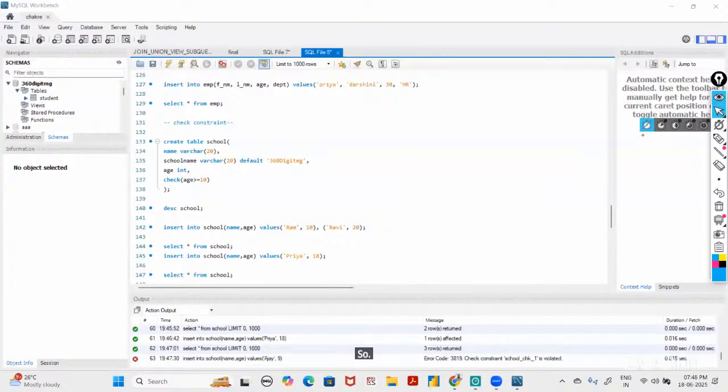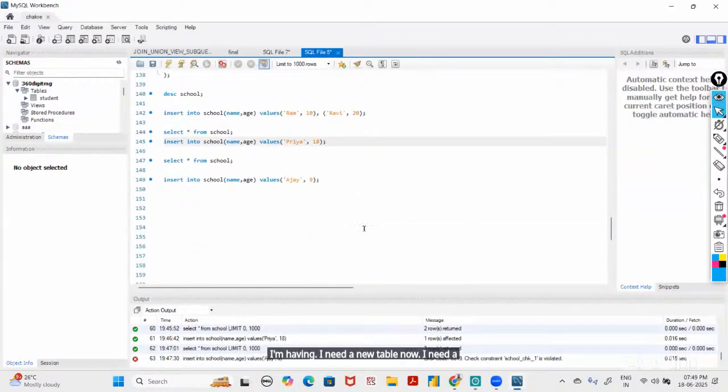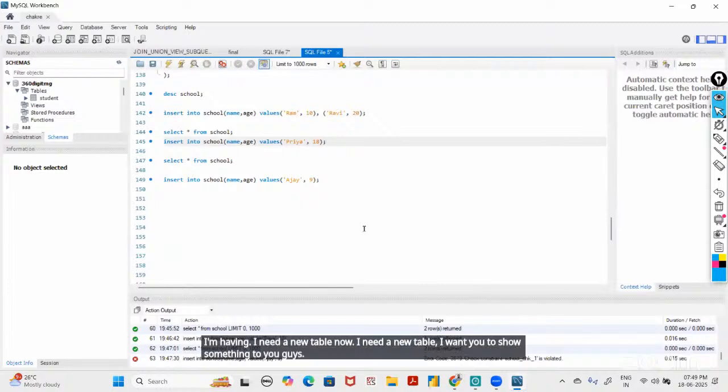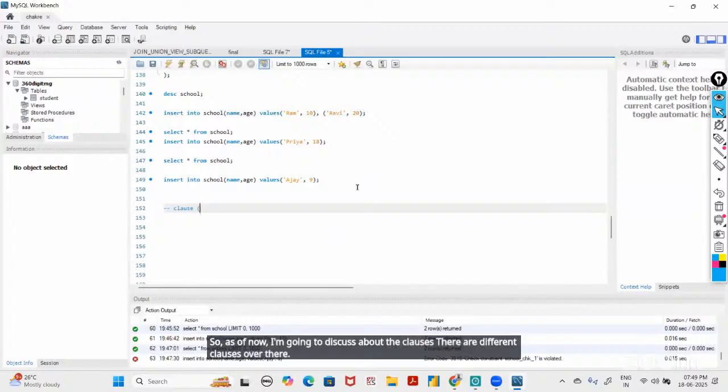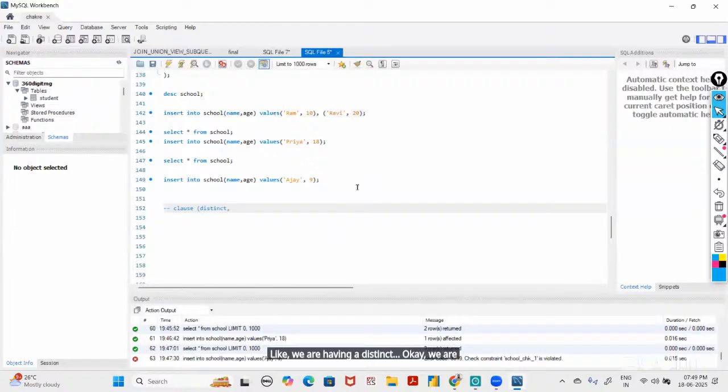Before that, just allow me a second. As of now, I need a new table. I want to show something to you guys. I'm going to discuss the clauses. There are different clauses, like distinct, order by,